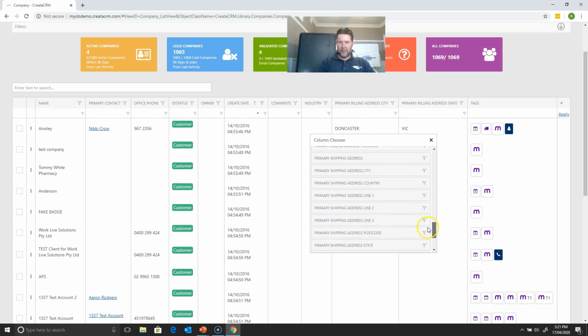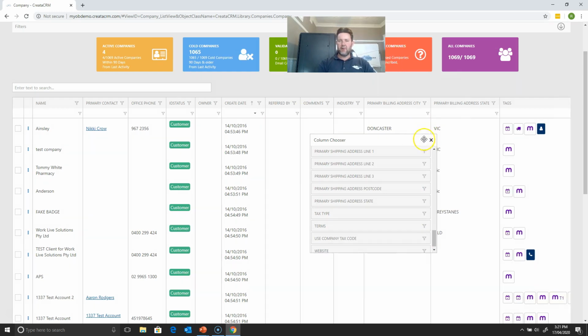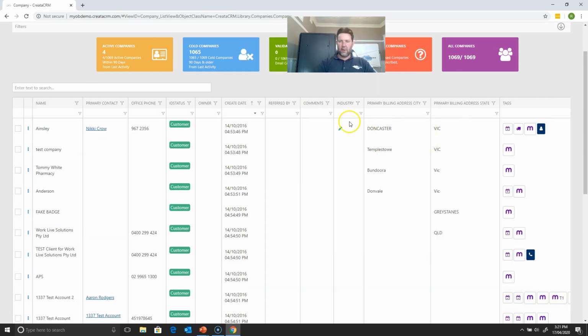Anything else. Show you cards. Referred by, it's a good one. So we drag and drop those columns across. So therefore you can go through